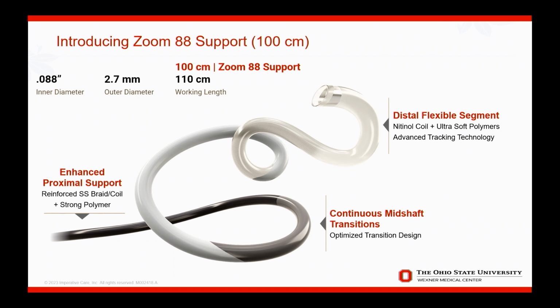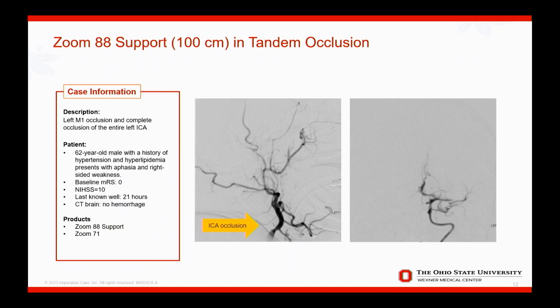And what I'd like to present to you, Max, to really show that is another case which really talks about one of the things that you and I have to deal with as interventionalists, which is tandem occlusions. Let's see it. So this is a patient, a 62-year-old male with a history of hypertension. It's the Ohio special, all right? Hypertension, hyperlipidemia. We got our comorbidities, NIH stroke scale of 10, and I knew from the outset we had a